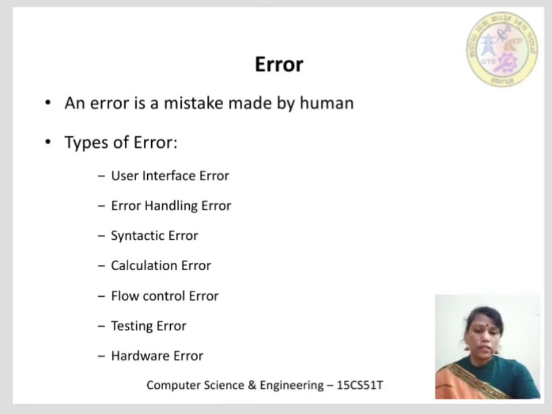User interface error. These are the errors that generally appear during user interaction with the system, such as missing or incorrect functionality of the system, no backup function or reverse function available, etc. Error handling error. Any error that occurs while the user is interacting with the software needs precise and meaningful handling. If not, it confuses. Therefore, such errors are known as error handling errors.